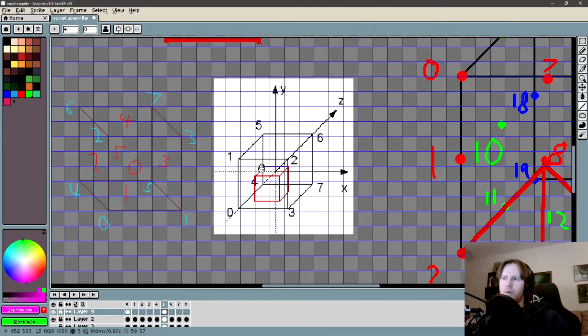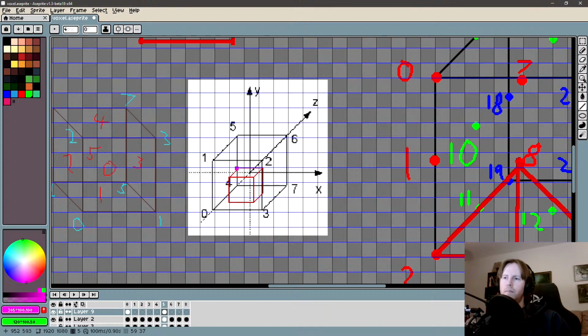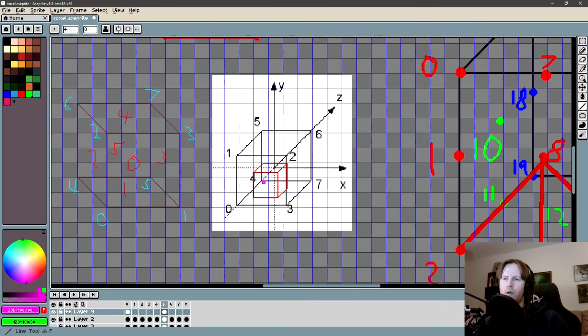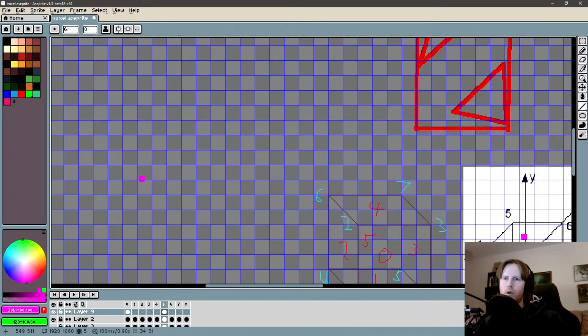And that's why I'm not really sure, because I am leaning towards adding central vertices, but I don't know if it'll actually solve the issues entirely, because